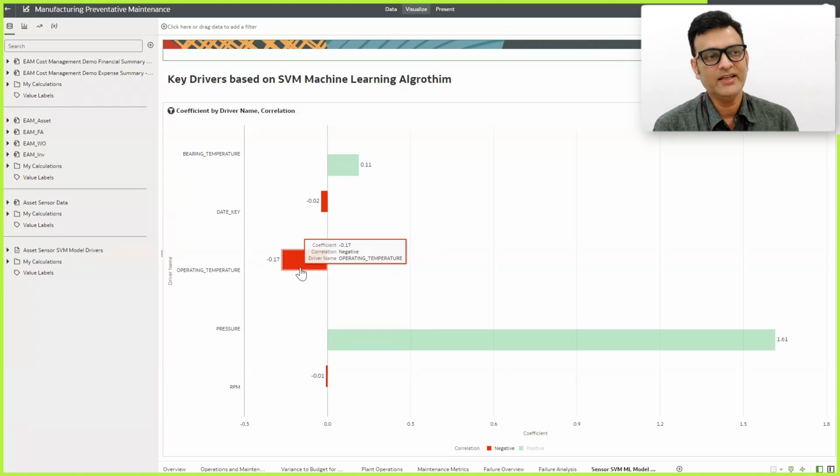So as you can see, we have brought data in this workbook from various systems, starting from finance to expenses data, then the plant operations data, then we also got the sensor data for this particular asset. After we build a machine learning model, we could also add the data set of the ML model itself to do the analysis. So this way, Oracle Analytics Cloud and Oracle Modern Data Platform give you these rich capabilities.